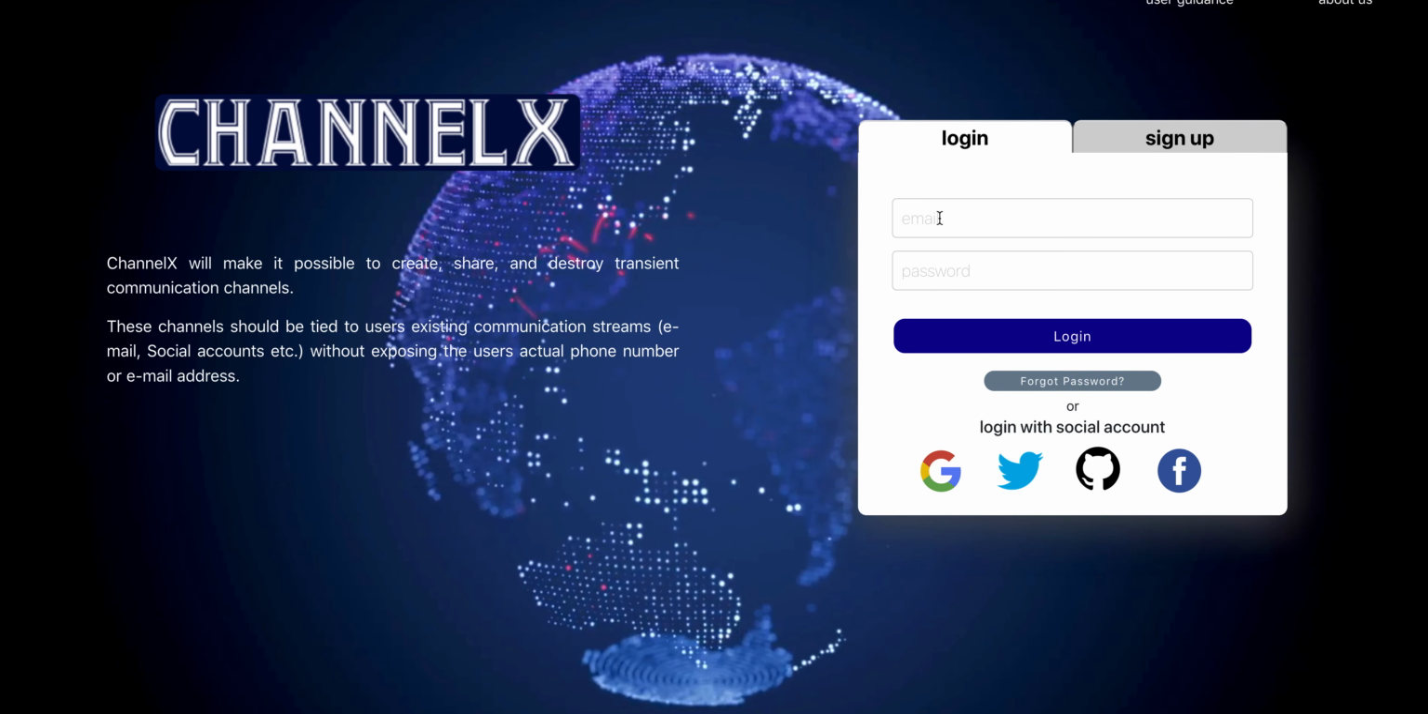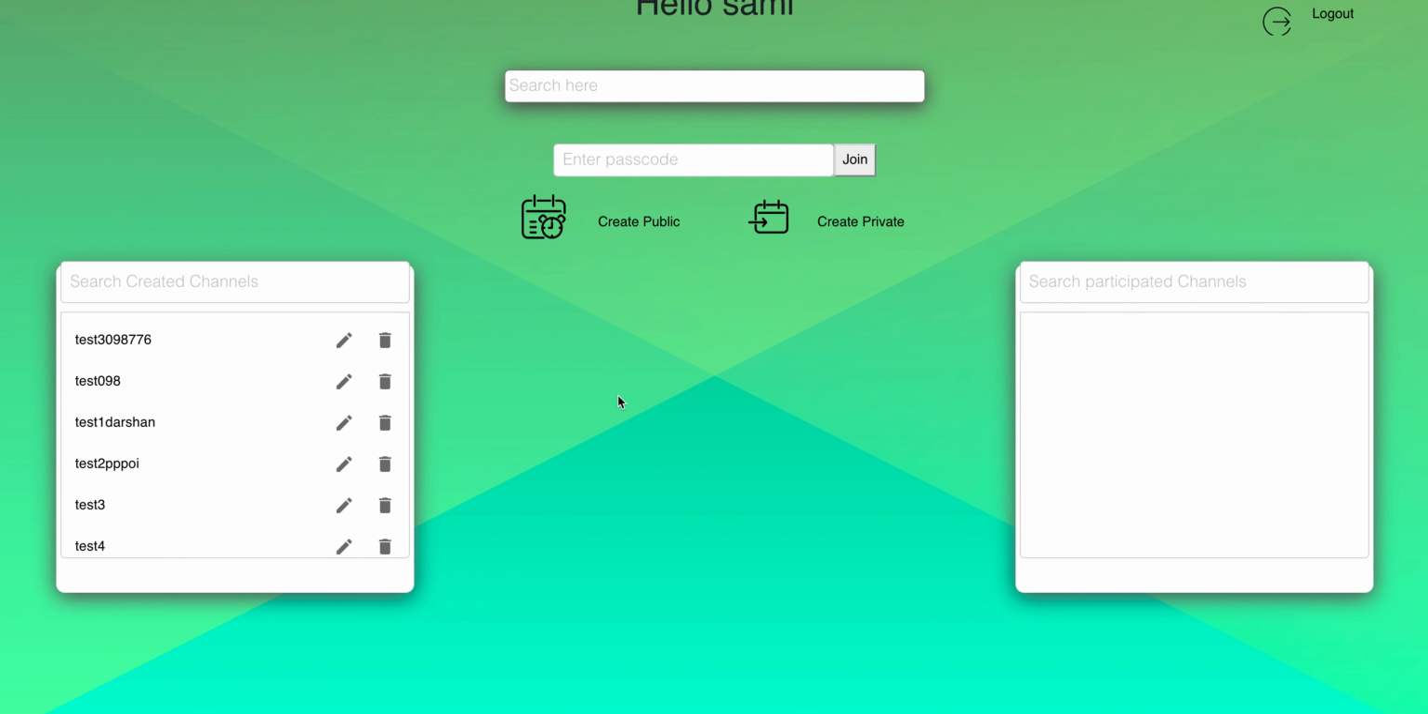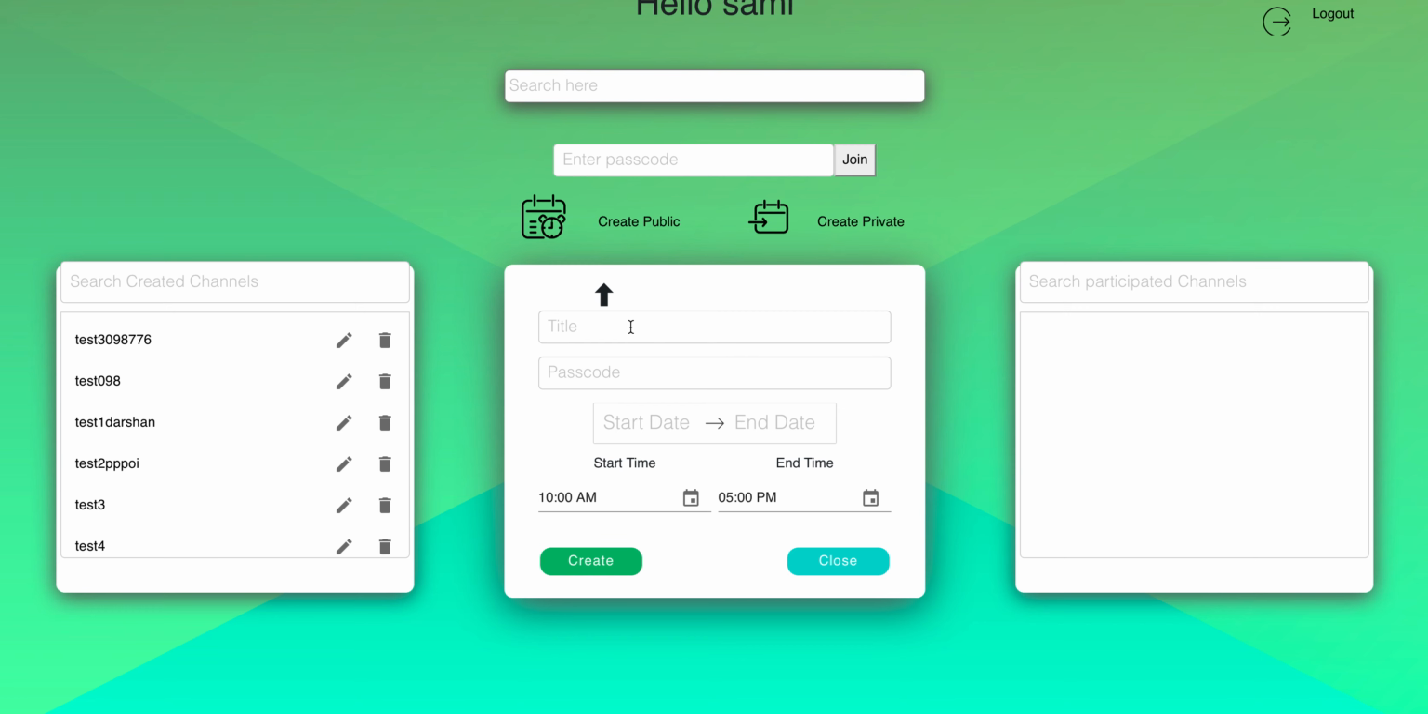So if you log into the application, you can see where we have improved the overall front end of the application. So these are all the channels which I created, and if I want to create another channel, for example, SCR517 test demo,